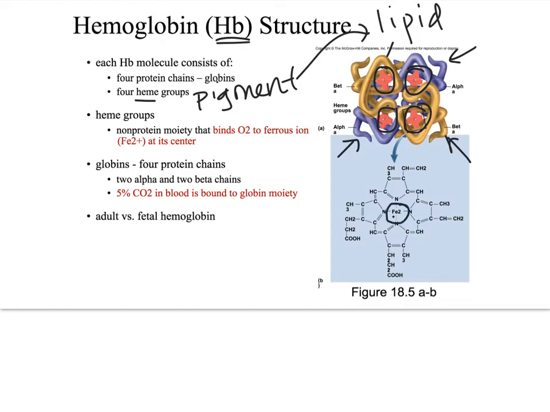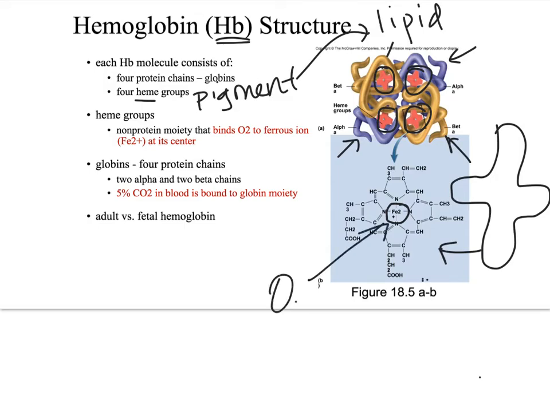If you took one of these red things and wrote out the chemistry of it, this is what it would look like, in this blue box. The iron is in the middle. The iron has a high affinity for oxygen, so this is where the oxygen is going to bind. If you've ever been anemic and they say, oh, you need more iron,